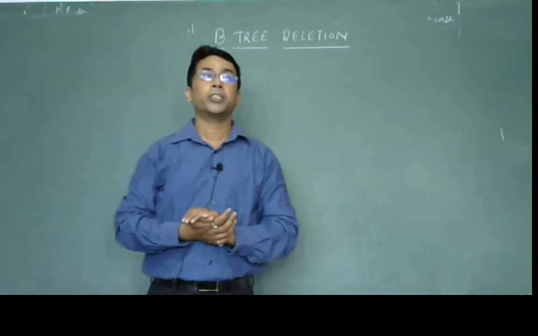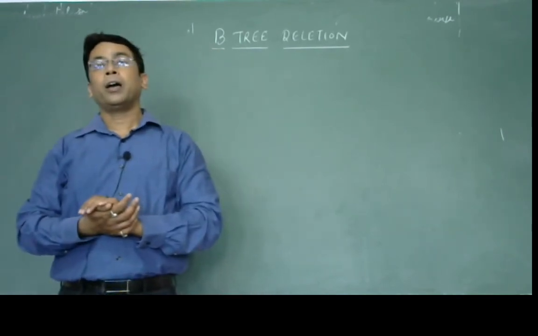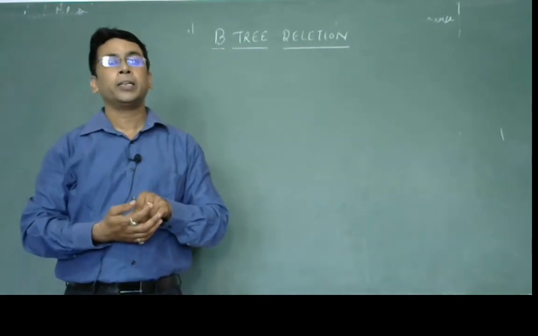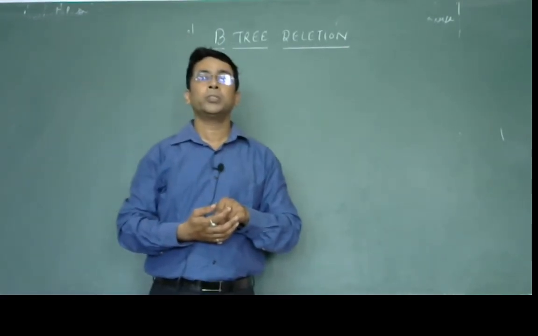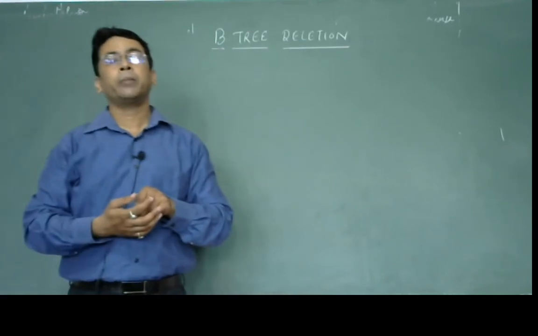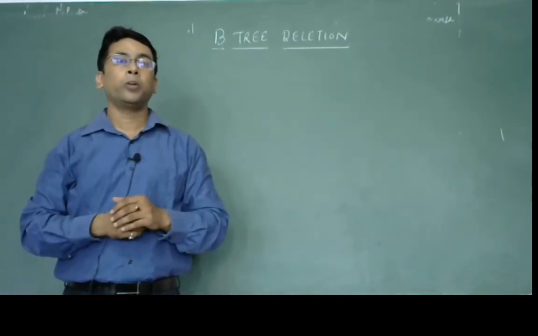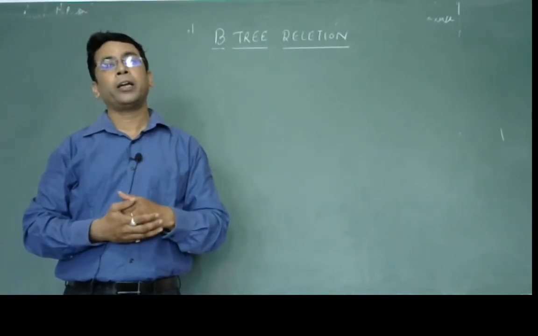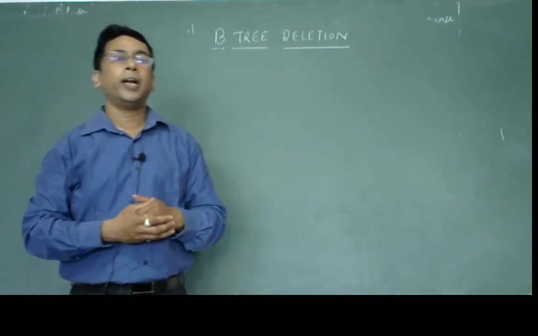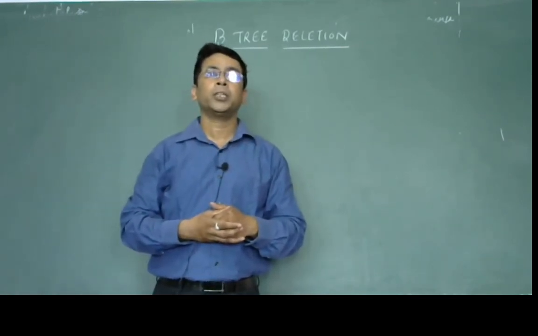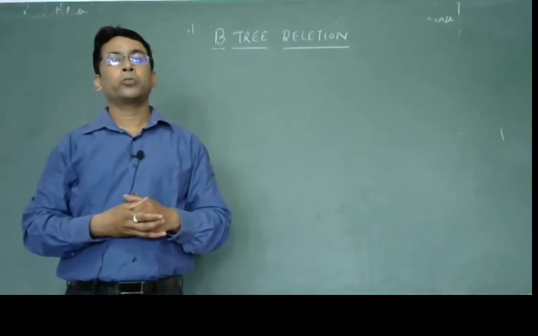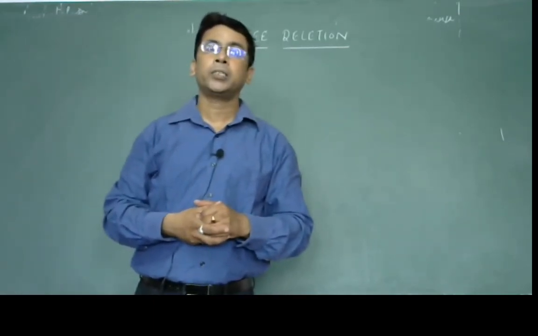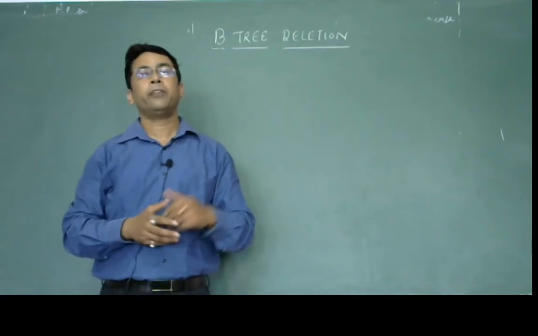If after deletion a node has fewer keys than the minimum defined criteria, then in that situation it borrows some key from the nearby nodes. This nearby node could be the left child or right child. If both are not in a situation to lend any key, then it can borrow from the parent and from the sibling. But first it opts for the left child, then for the right child.